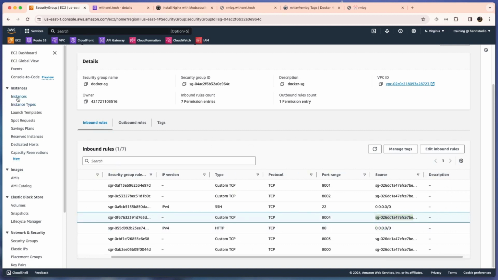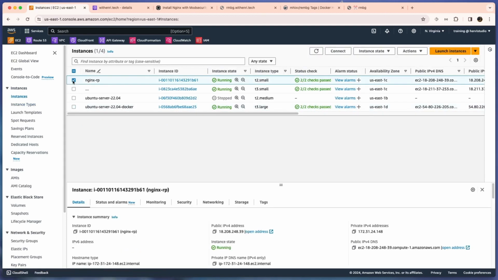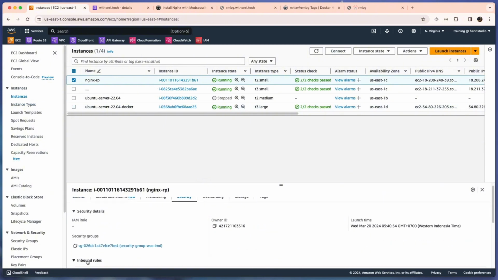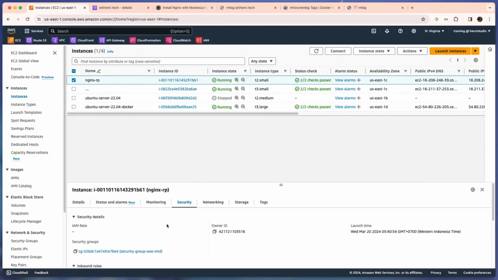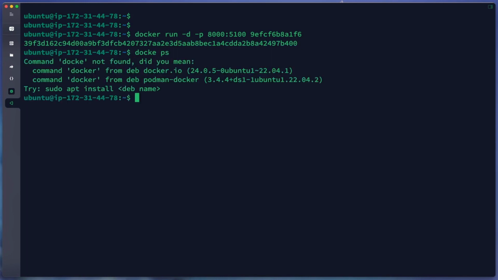This security group we also use on our Nginx reverse proxy. Okay, we run our container. Okay, our container is running.